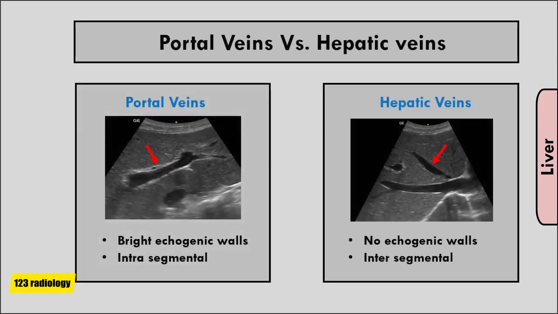The portal veins can be differentiated sonographically from the hepatic veins by the bright echogenic walls that surround them. This is due to thick collagenous tissue in the portal vein walls. The hepatic veins do not exhibit echogenic borders. The branches of the portal vein are intrasegmental, coursing within the segments of the liver, while the branches of the hepatic veins are